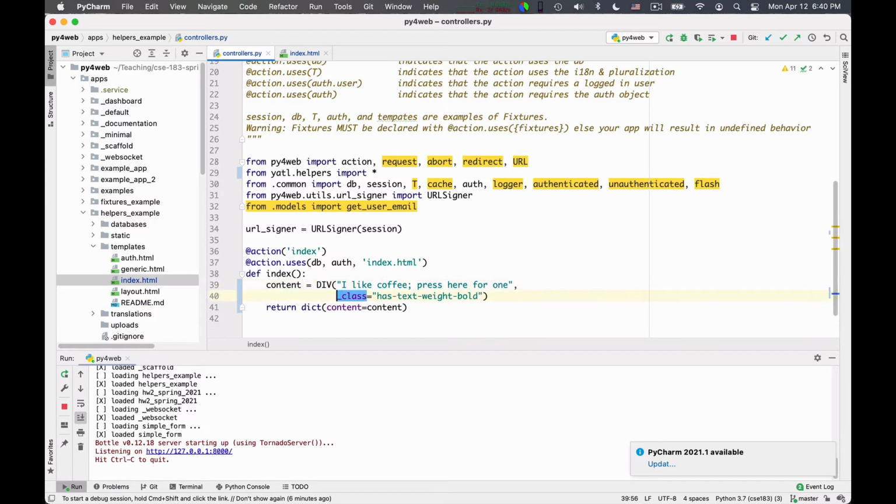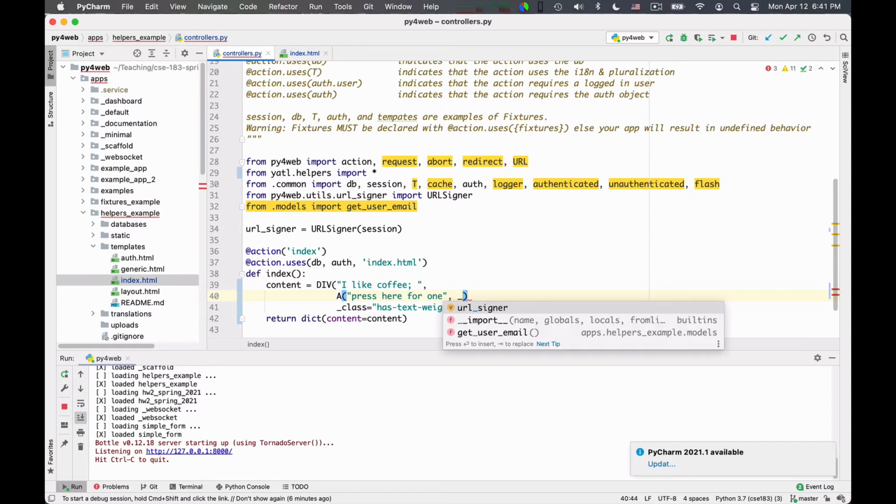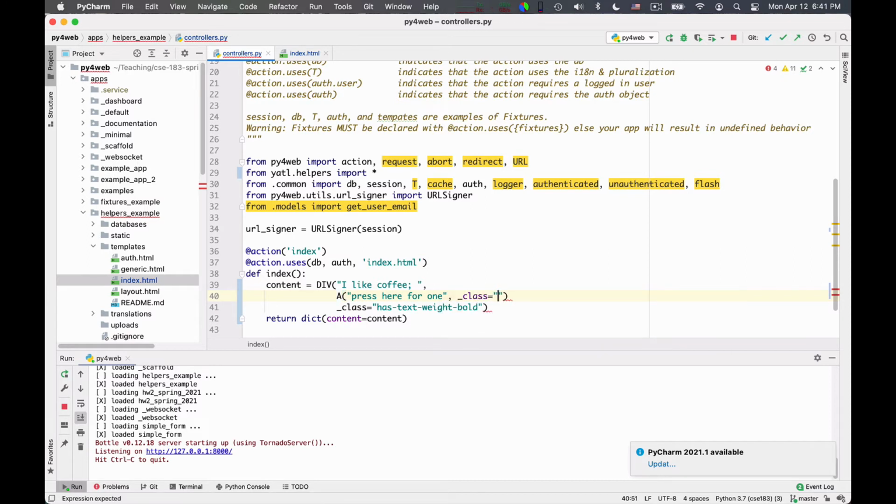Okay, and here inside the div, now I put an A, which is an anchor tag, so a button essentially, that says, actually the press here for 1 should be inside the button, so this piece of text I put it here. Okay, and then I want this to be of class equal to button, so that it will be laid out by Bulma as if it was a button.